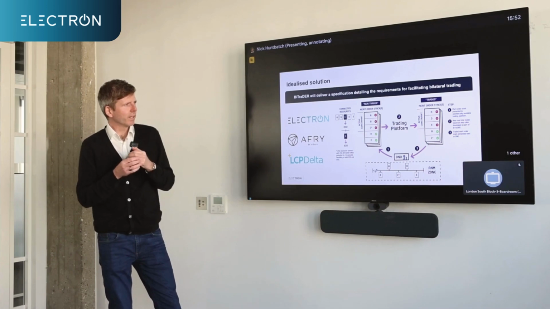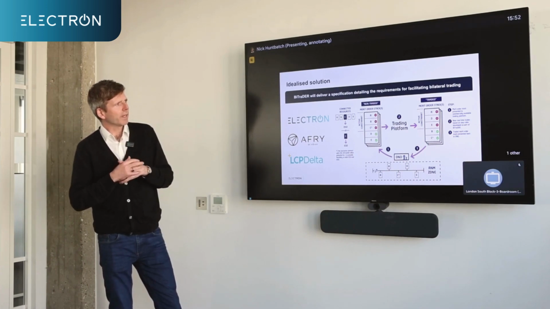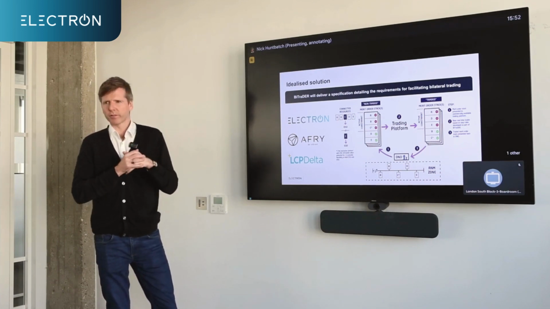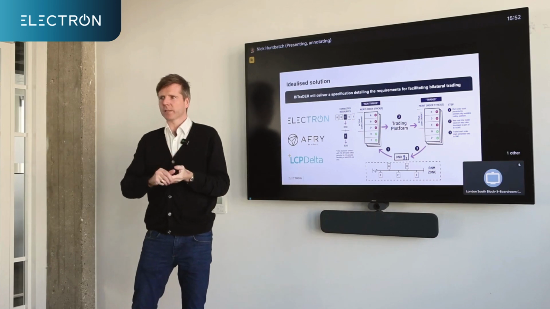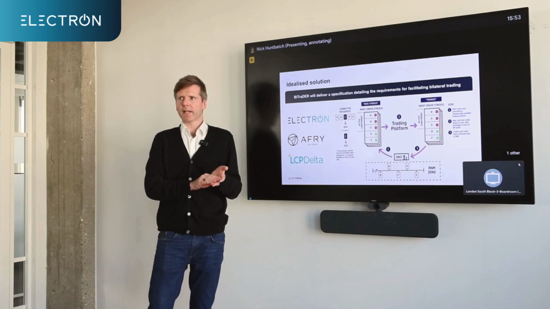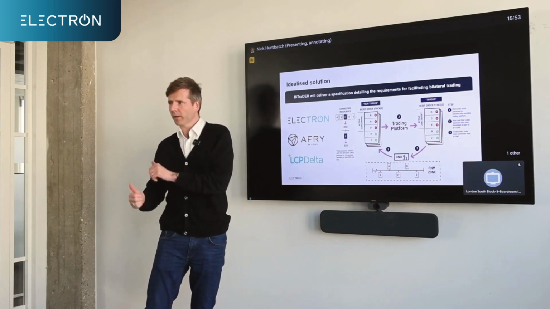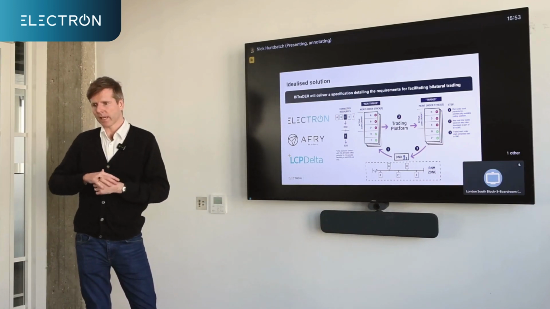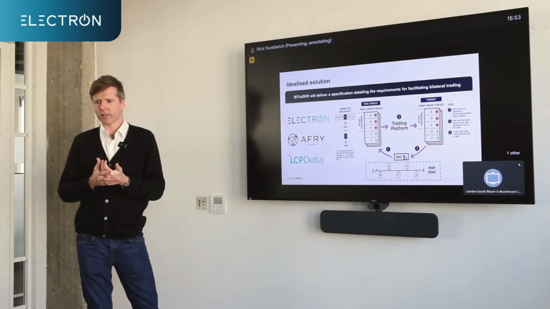So what we're doing now is running through the simulation trials, building out the software to prove that it'll work, to say, yes, we can receive network data. Yes, we can publish that to FSPs day ahead. Yes, we can allow them to trade, and we can push it back to the network system. So that's ongoing, and we're moving into the simulation trial period towards the end of this year.